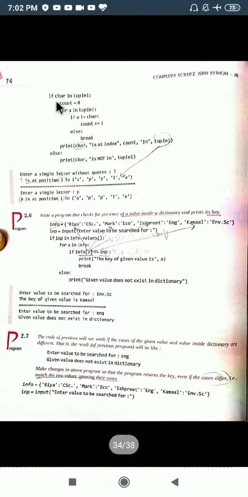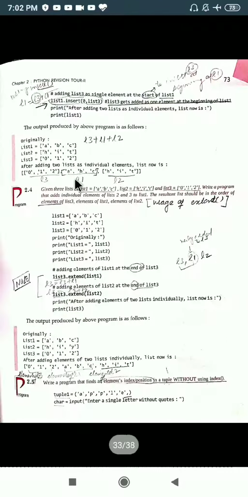Now the count is 0, for a in tuple 1. In tuple 1, you know, apple was written. If a is not equal to char, char refers to whatever input the user has given.